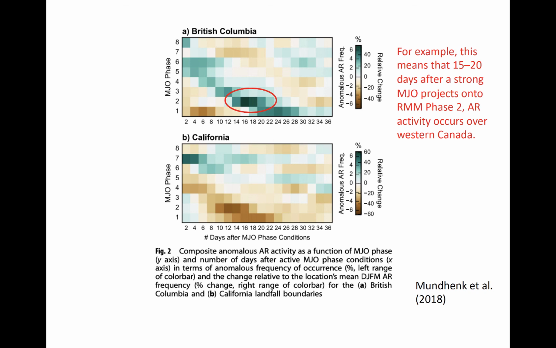As the MJO convection moves eastward and its circulation eventually becomes decoupled from the convection, the leftover, already produced Rossby response will continue to propagate so that the anomalous troughing and atmospheric river activity reaches the coast by the time the MJO is in phases 5 or 6 or so. So this plot would tell you that 0 to 2 days after the MJO is in phases 5 or 6, you tend to get anomalous AR activity. Similar behavior is seen in California, although the negative signed response is higher in amplitude in most phases. This may be indicative of MJO-driven subseasonal variability of Santa Ana wind events.